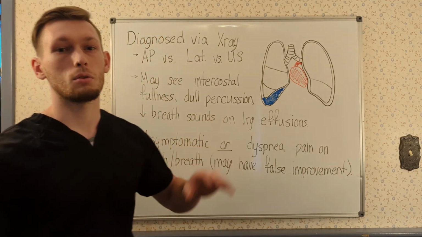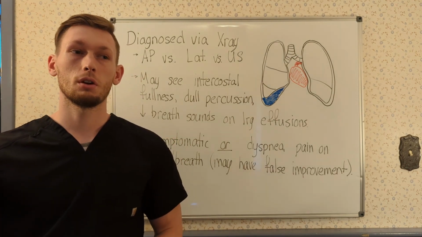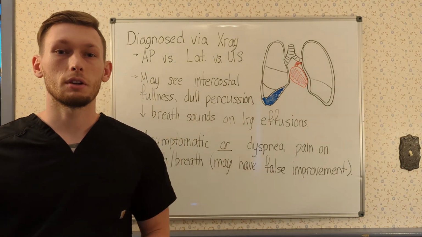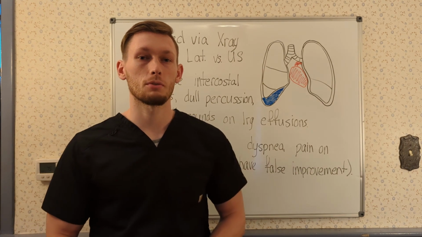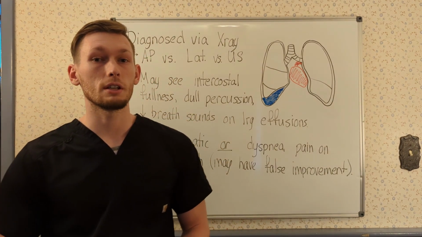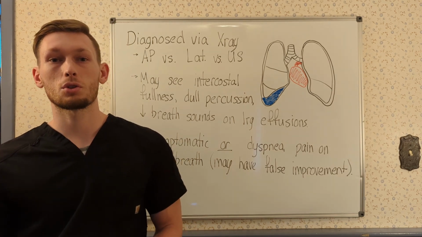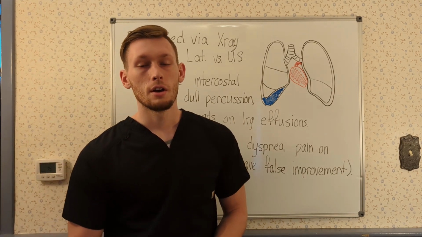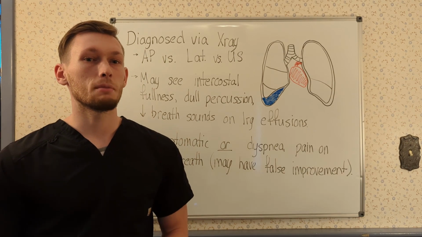That AP view though is going to require a much more advanced amount of fluid, a larger amount of fluid in that space before it will actually show the effusion. You need about 200 milliliters of fluid to already be accumulated before an AP view chest x-ray will show it. So you're going to see your larger effusions pretty easily with that, but smaller effusions might get missed on those